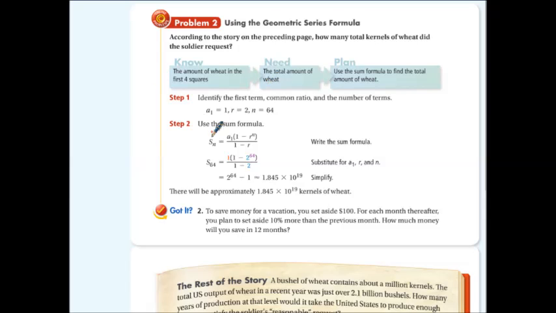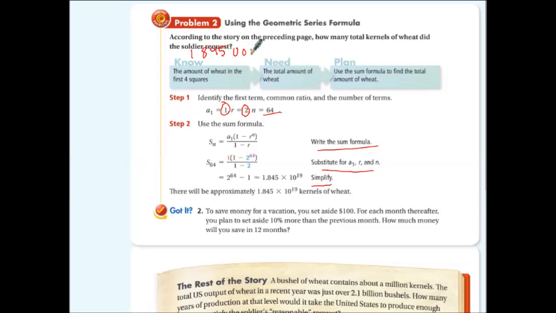Okay, so let's think about it. We identify the first term, it's 1. The common ratio is 2, we're doubling each one, and n is 64. We write the sum formula out, we substitute in, we simplify, and we find out that the soldier was going to get 1.845 times 10 to the 19. Now, if we need to see what that looks like,